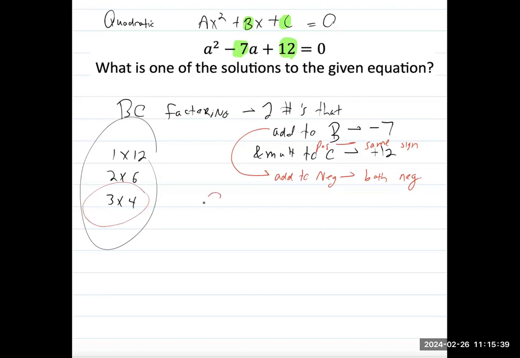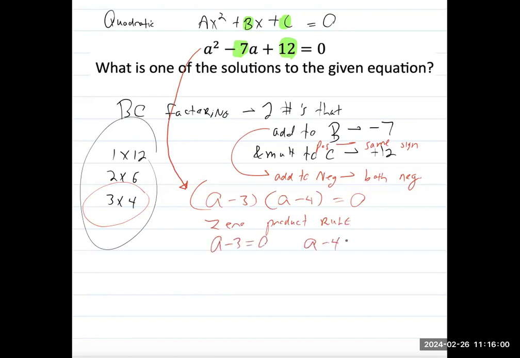So this is going to factor to (a-3)(a-4). So we're replacing the original thing with (a-3)(a-4) is still equal to 0. And then we have something called the zero product rule, which is the idea that we're taking each of these parentheses and setting them individually equal to 0, and a equals 3 and a equals 4 when you solve both of these by adding 3 to both sides here, by adding 4 to both sides there. And those are our two answers, 3 or